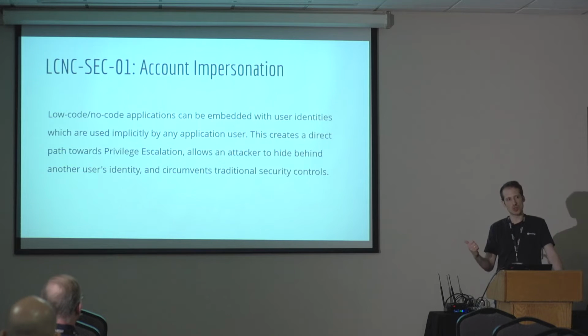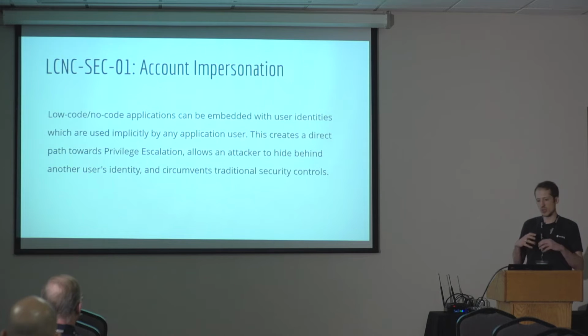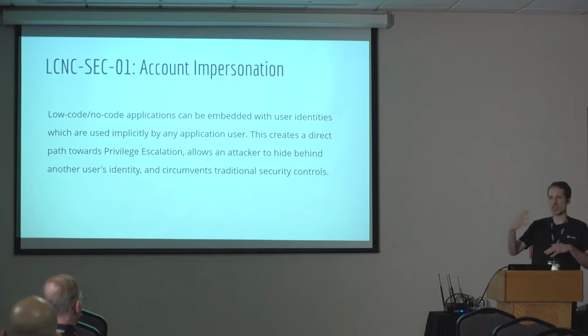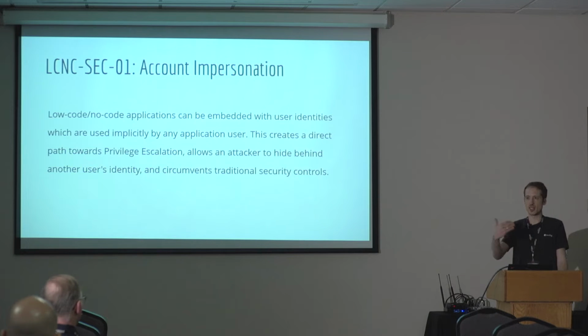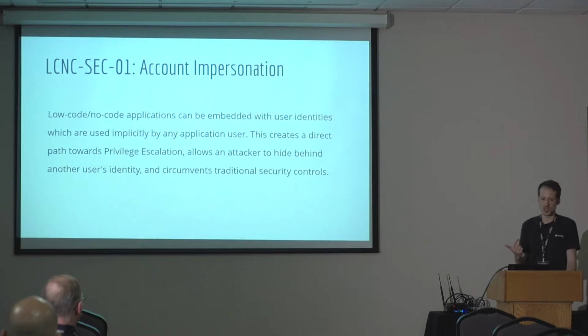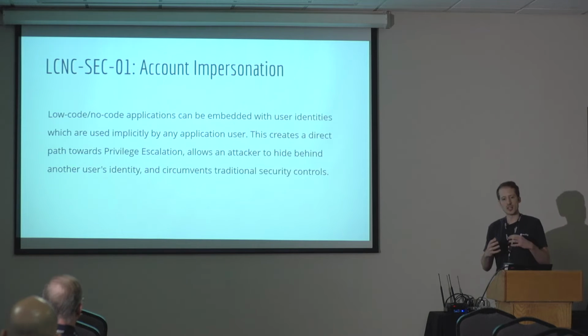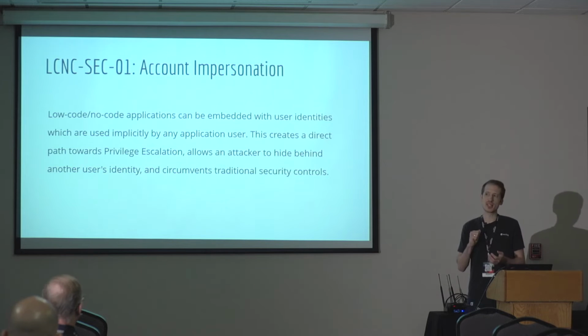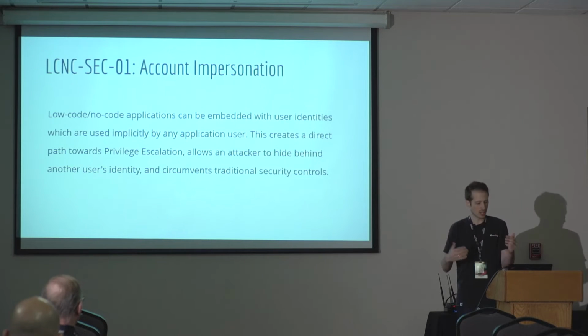The way that the platforms work is that they allow users to connect wherever they want, FTP servers, SQL servers, their own identity to Slack or to Teams or whatever, and then they copy the refresh token and reuse it. And more than reusing it, they allow the users to share it between themselves. And this leads to the first risk, which is account impersonation. Basically, in many cases, applications are being built with the maker's identity built into the application, which means that every user of the application ends up using the maker's identity when they operate.